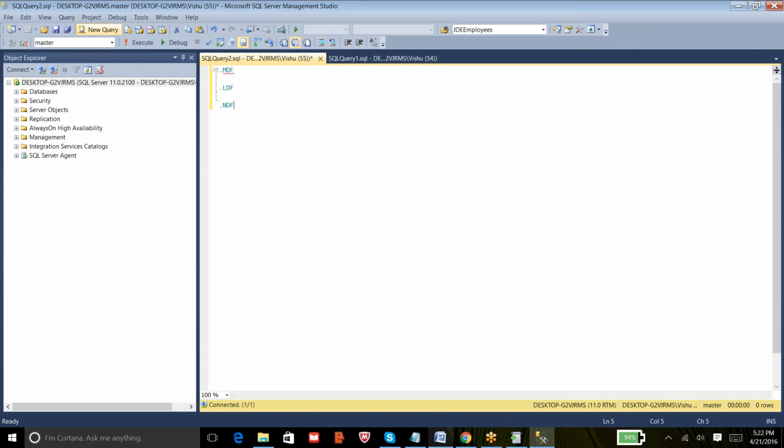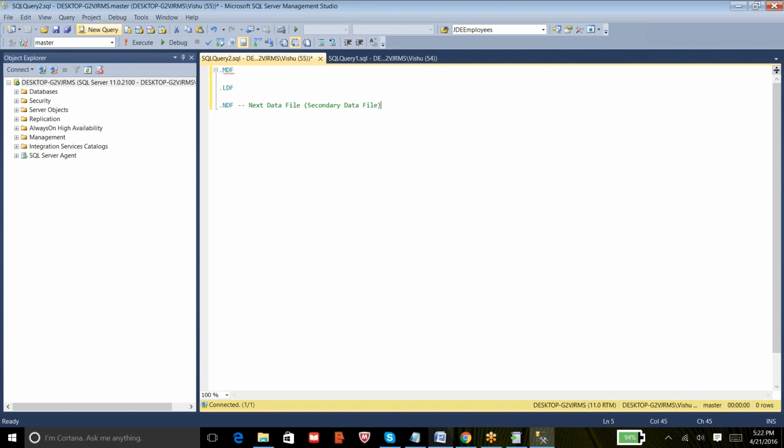What is the requirement, and when do we go for an NDF file? The abbreviation NDF is either next data file, or some people call it the secondary data file.